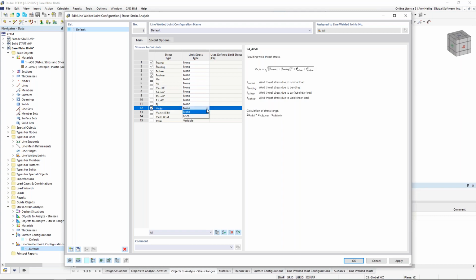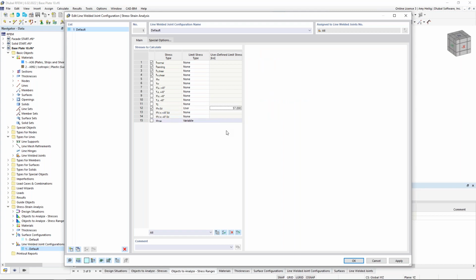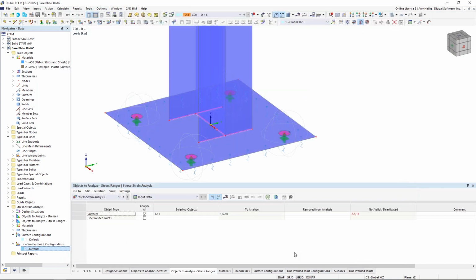So currently it's set to none, but we can use the option here, user defined, and for this equivalent stress, we would input the strength of our weld. So perhaps this one's 57 KSI, for example, or whatever it may be. So now that we're done with these configurations, we click OK, and under the stress strain analysis input data, notice